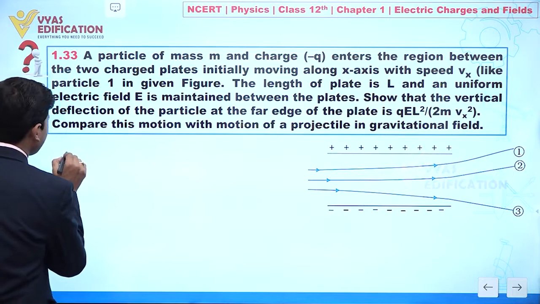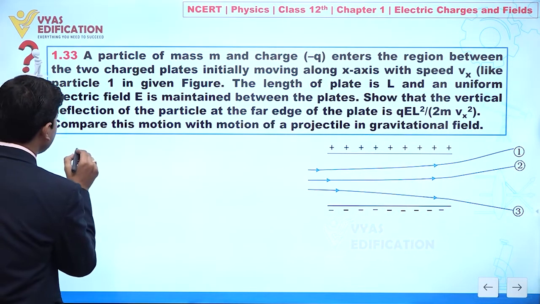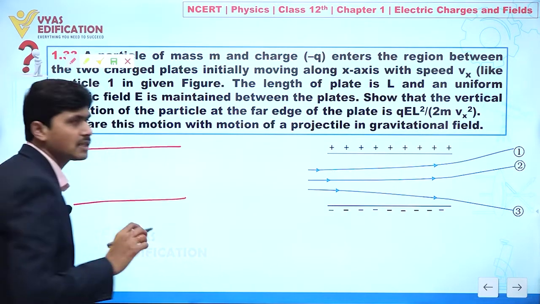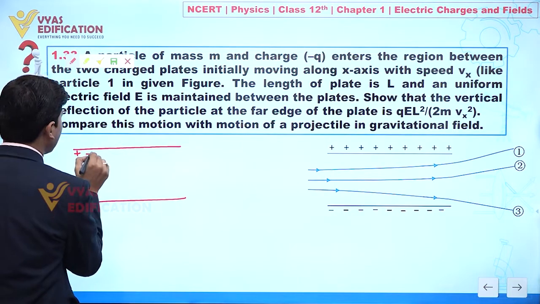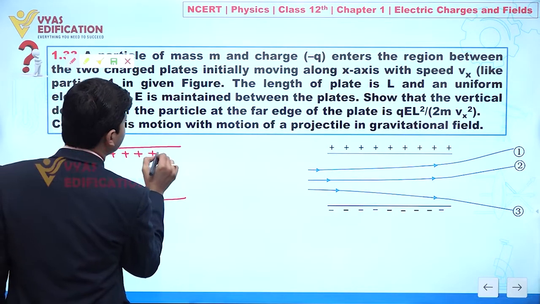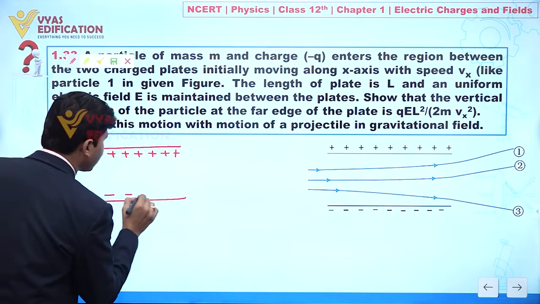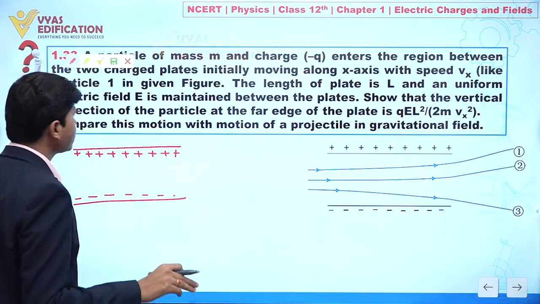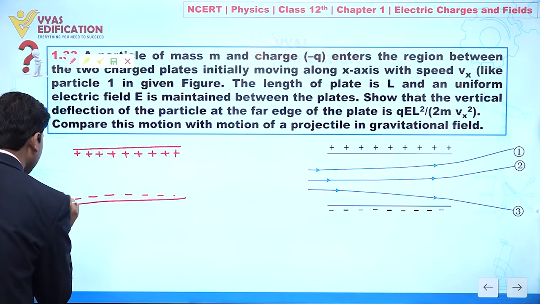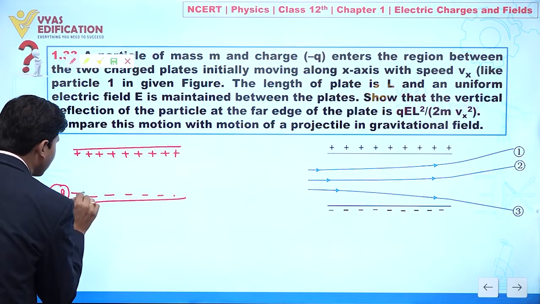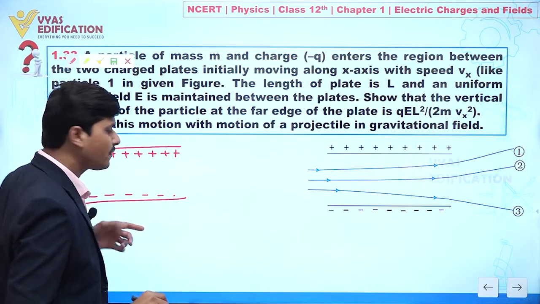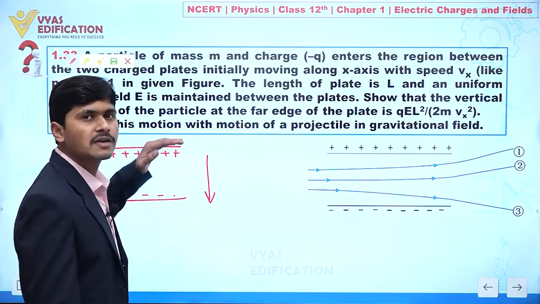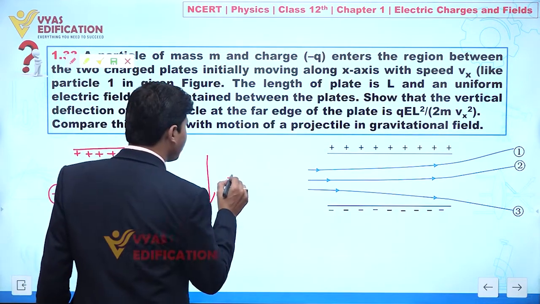Let's suppose, my dear student, I am assuming here two plates. Let's suppose this is one plate and here we have the second plate. Listen carefully to what I am saying. Let's suppose here we have positive charge and here we have negative charge. Clear? Actually a charged particle enters between these two plates. So I am assuming a minus q charge is entering from this side, very close to this plate. Definitely we can say the electric field is acting in the downward direction, because the electric field is always from the positive plate to the negative plate. So we can say this is E.